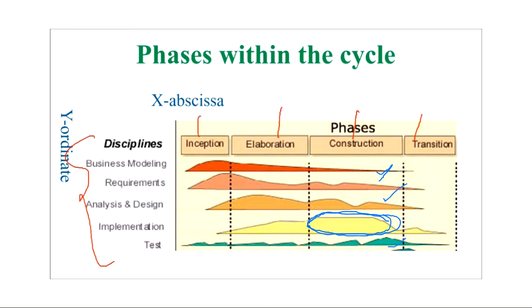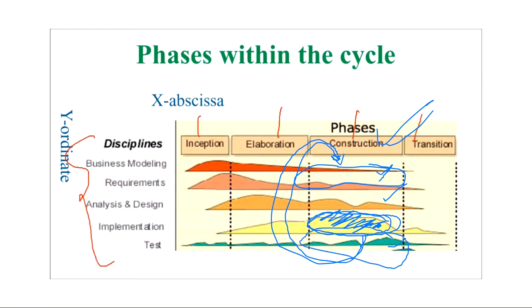Because this is cyclic. After performing the construction or the coding part, suppose you did testing, and in the testing the user asked you in the testing stage that okay, I need these additional features, now what to do? So you will incorporate those additional features in the requirement analysis part of the construction phase. Okay, suppose you coded everything of your software. After that you will perform this testing, and the user asks you in this phase that okay, I don't need the dashboard like this, I need these additional features also.